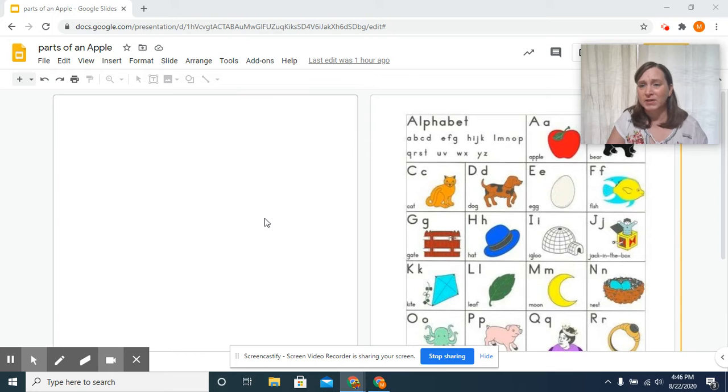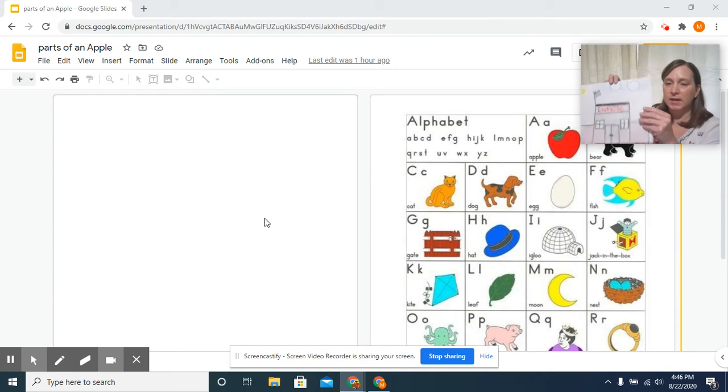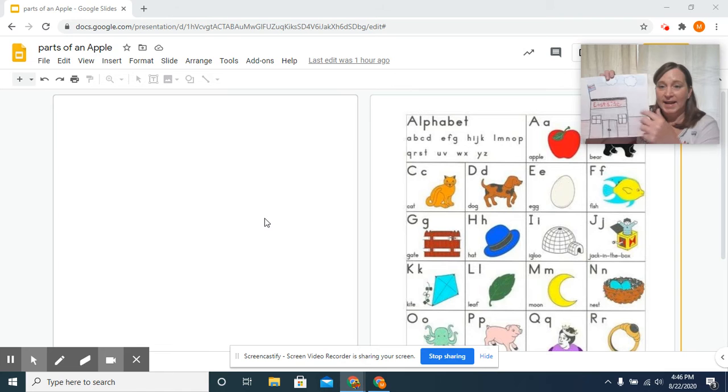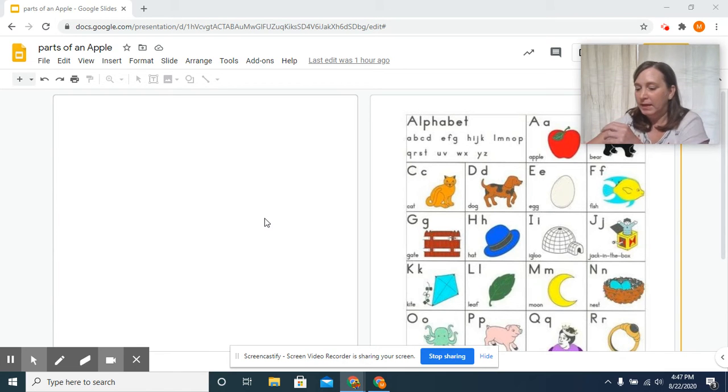But I'd like to go back and talk to you a little bit about some of the things that you've been drawing. Hopefully, you've had a chance to draw a picture of a person, and you might try drawing that person doing something, running or jumping. You may also try drawing a house. Miss Lively decided to draw East Side, and I labeled it. I put East Side on here, and